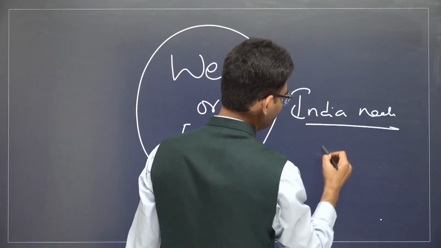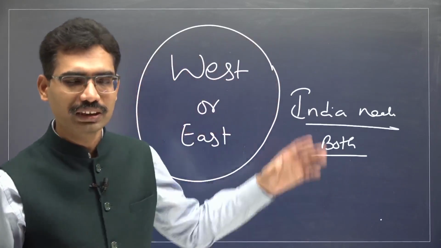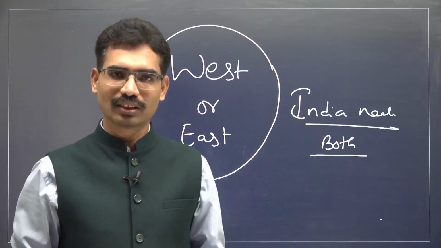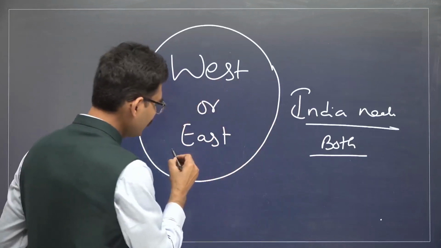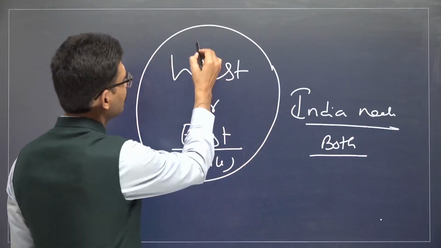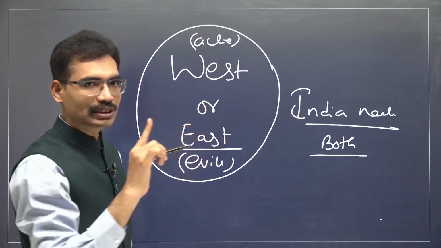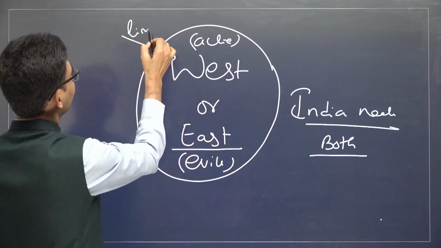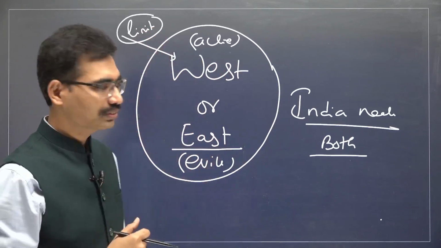This year, in 2025, a question was asked whether Raja Ram Mohan Rai was against the West or not. He is not against the West. He is not against the East. No doubt he criticizes the evils of the East, and he appreciates the great achievements of the West. But he is not blindly following the West, because there are many limitations there, for example exploitation, which is not good in Western civilization.